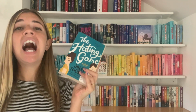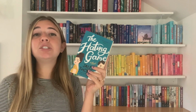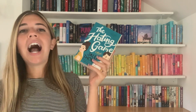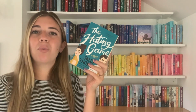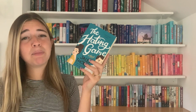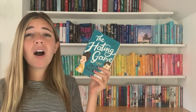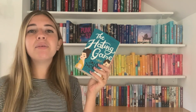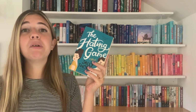I remember reading it. I skipped dinner that night. I literally spent all night sitting up reading this book because I couldn't fall asleep until it was over. I just remember the feelings that I had while reading this. I remember the moment that I read it, and even though I do think that The Spanish Love Deception might top this story-wise, I do think that this book was just as good, just as unputdownable, and I really loved it. So I am going to go with this one as my favorite from that shelf,